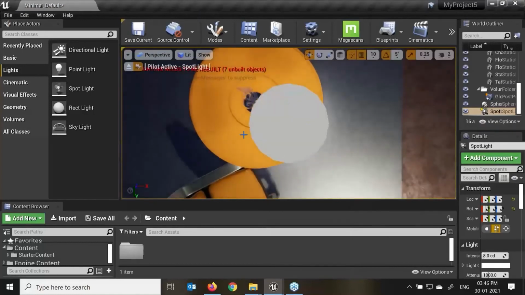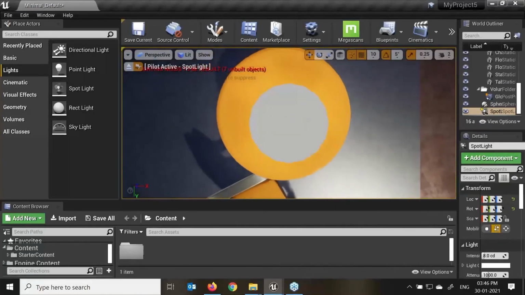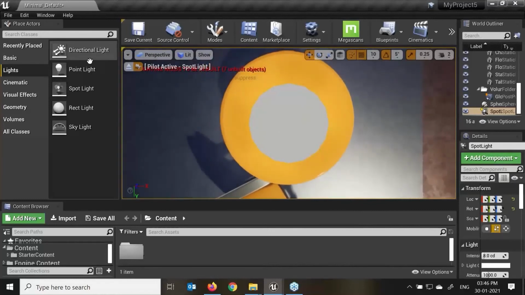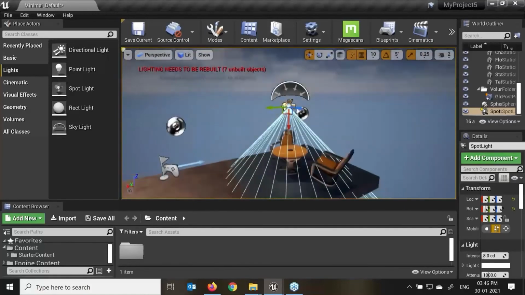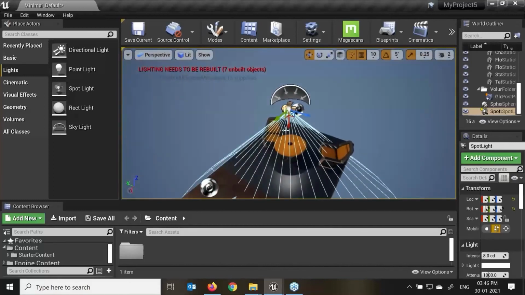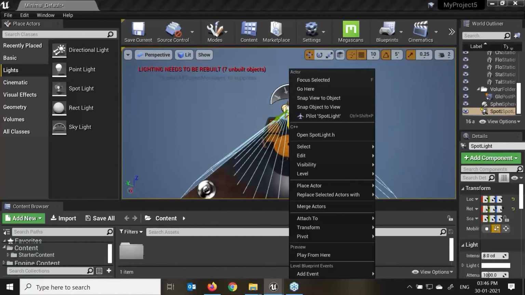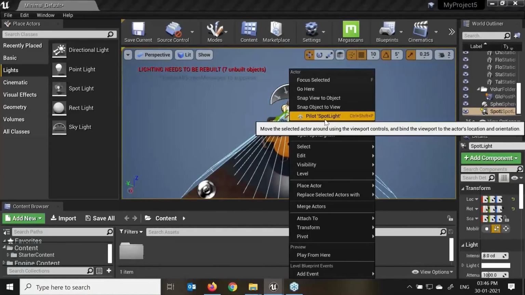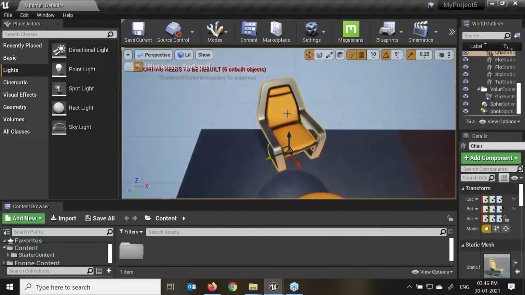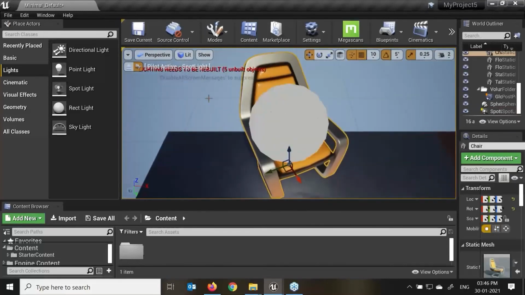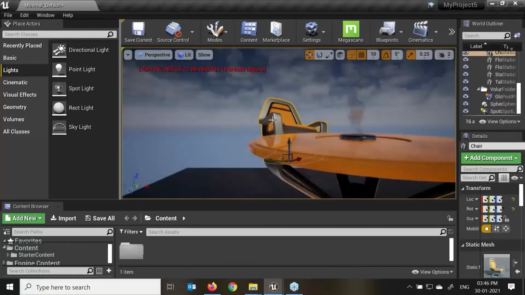So here I'm able to see my focus, or which object I am creating it on. It will focus on that. If I want to come out from my light view, I just need to click over here, stop piloting, and press F. Again, after creating a spotlight, I need to select it and right click on my object, and select pilot spotlight over here. So I'm able to see and select this object, press F. That will focus on that particular area. If you want to come out from the light view, just click over here, press F.